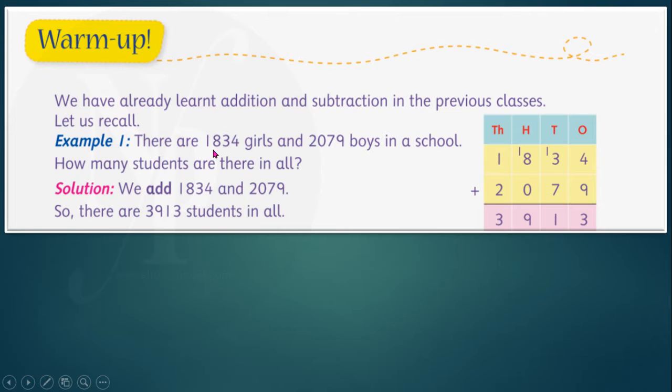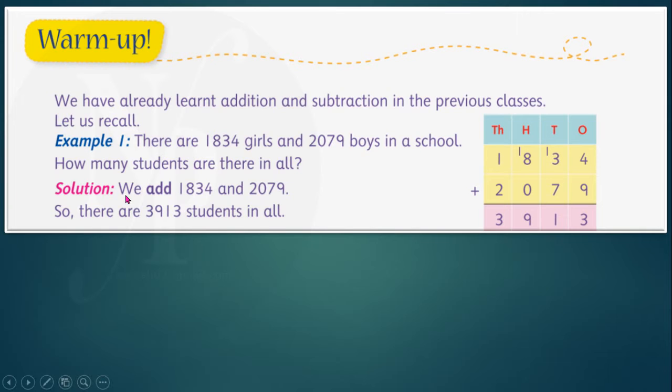there are 1834 girls and 2079 boys in a school. How many students are there in all? So that means the number of girls and boys in a school is given. We should find the total number of students in that school. That means we have to add the number of girls and boys to get the total number of students in that